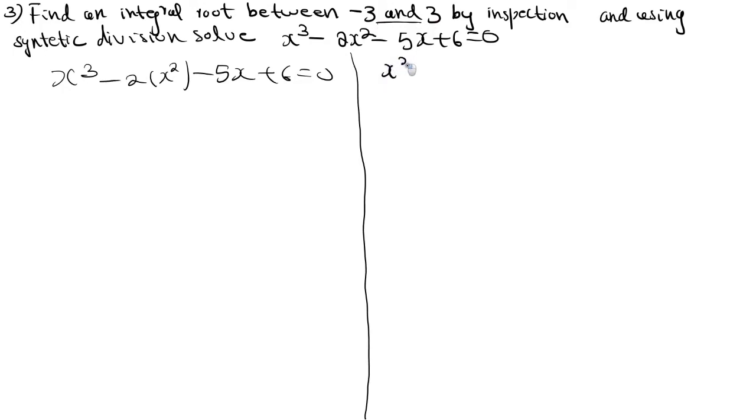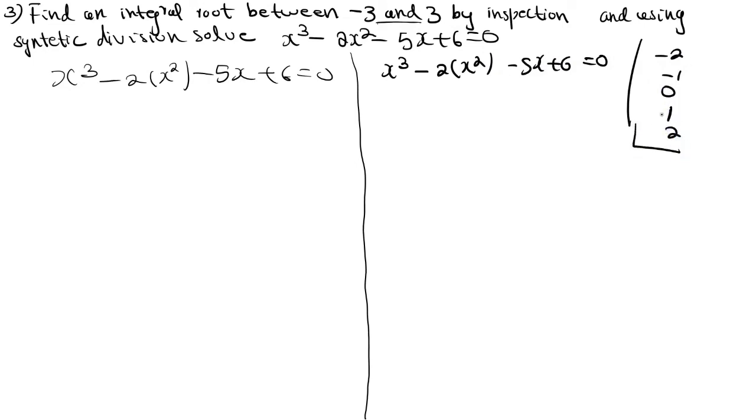So in the equation x cube minus 2x square minus 5x plus 6 equal to 0, right? What are the possibilities? So you can take minus 2, you can take minus 1, you can take 0, you can take 1, and you can take 2. Okay, out of 5 you need to select one root such that right hand side equal to 0. I'll start from minus 2. So what you'll get, minus 2 cube minus 2 into x square. X square means here minus 2 square, minus 5 into x value is minus 2, plus 6. Check whether it's equal to 0 or not.